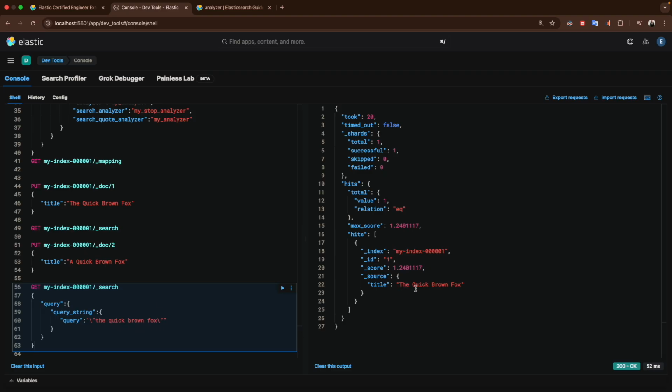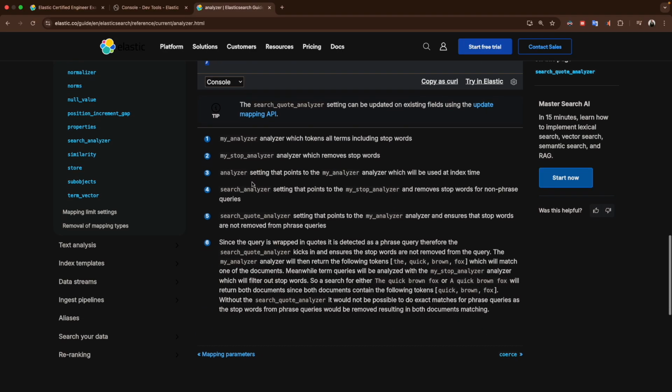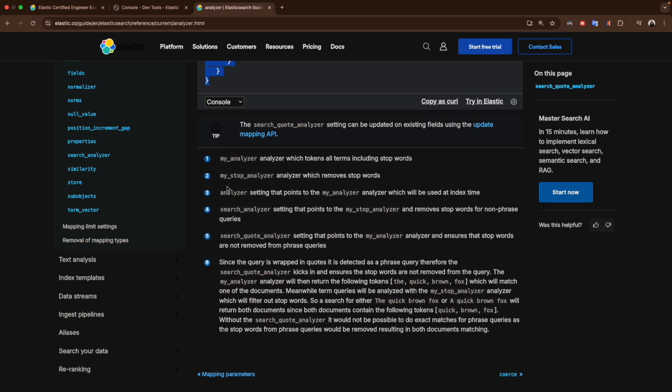But if we see here the output, it's applying the analyzer. So as we can see, it uppercases the first character of each word, right? You can refer to the documentation to learn more about the analyzers and to see the different types of other analyzers that are built in with Elastic, and also see how you can